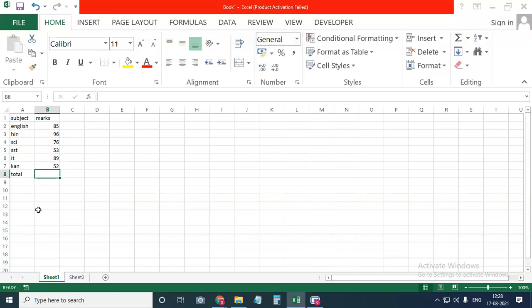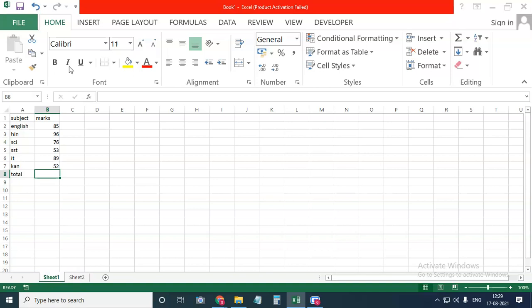Now I'll go to my sheet 1. Here I'll record this macro because I want to find the total marks in sheet 2 also, so that I can easily run the macro.